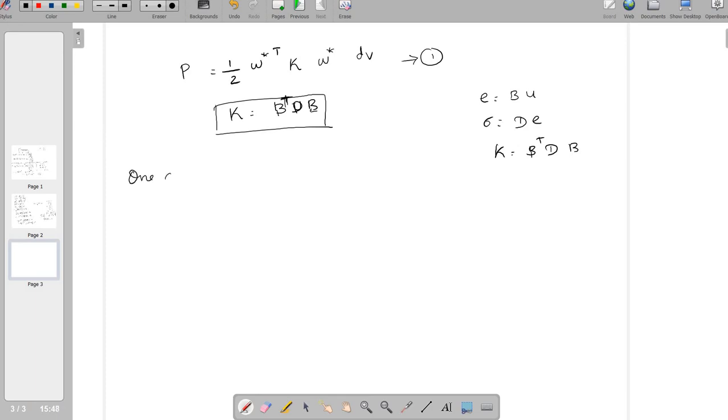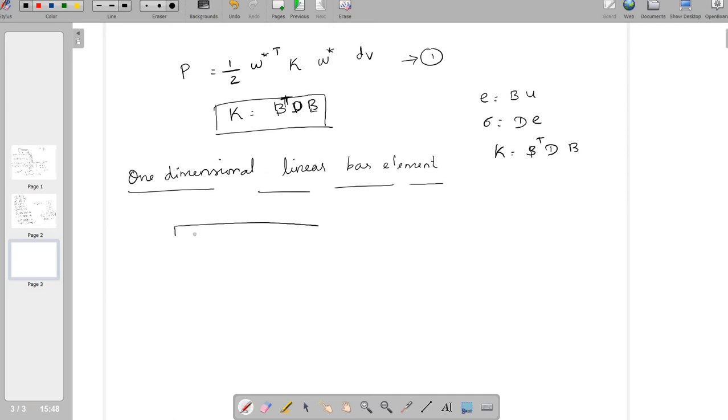One dimensional linear bar element. We are going to derive the stiffness matrix for the linear bar element. In this unit, we are going to derive the stiffness matrix for various elements. First one, we are taking the bar element. Next, beam element, quadratic element, 3-noded element, 4-noded element. A lot of element types are there. So we are starting from the bar element.